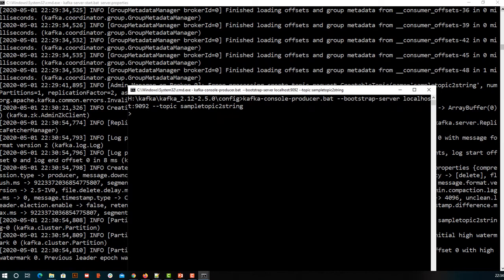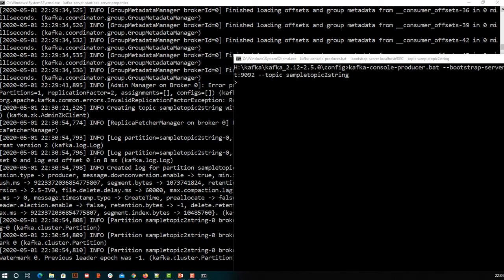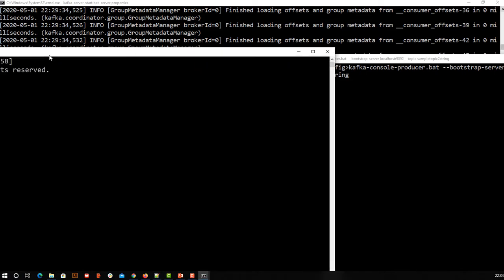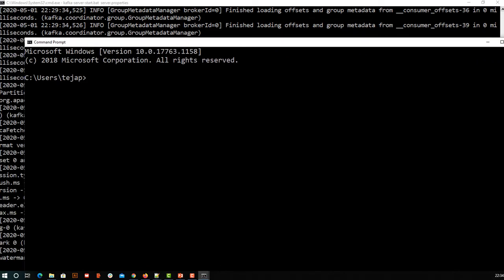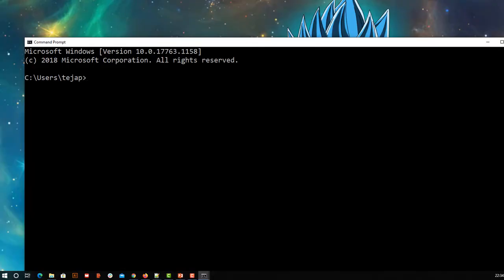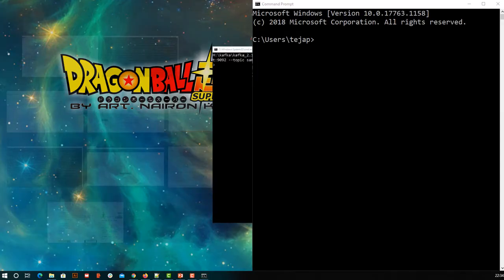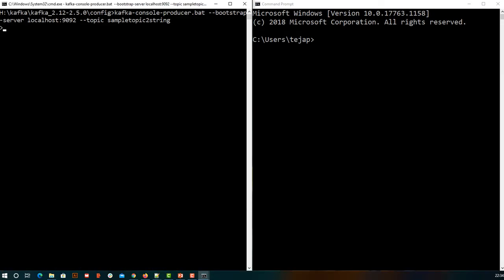Now let's keep it on one side, and I'll have one more terminal for the consumer. Let me minimize everything and have the producer on one side and the consumer on the other side.